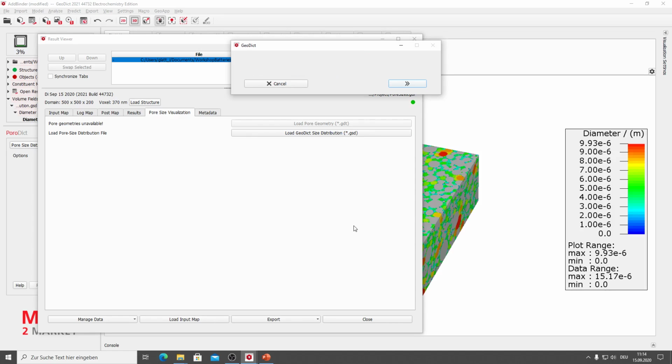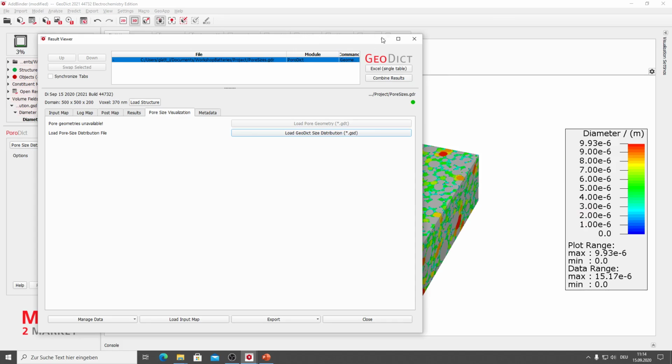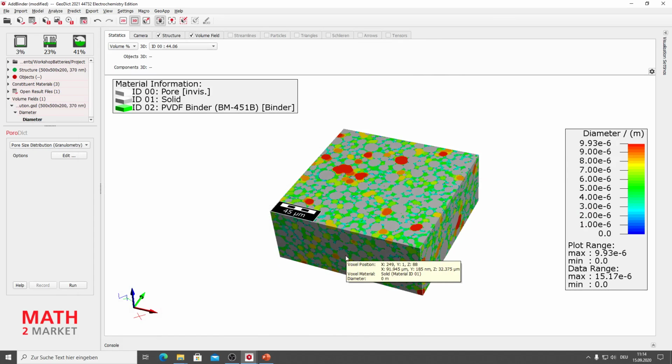So GeoDict loads the 3D distribution of the pore sizes into its main view window. And if you go to the main view window, you can see that there's still the structure visible in gray. And then we have the pore sizes in colors in the pore space, of course.